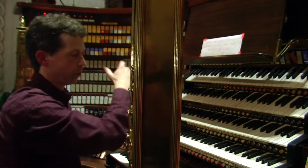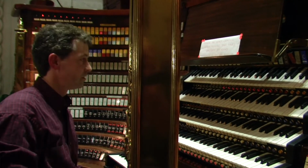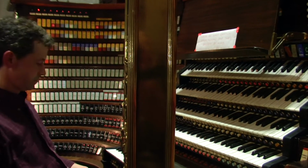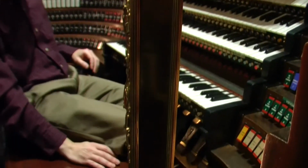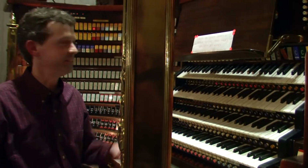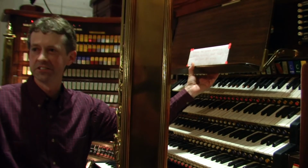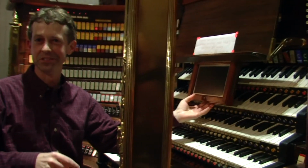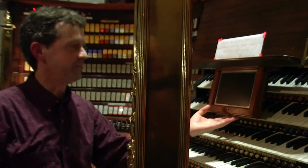Another. That's the harp stop. That's also metal bars. Various other gadgets of how to play it. Sometimes there's a choir or brass ensemble orchestra up in the gallery. So there's a monitor here, so if there's a conductor over there, you can see the conductor. The organist can